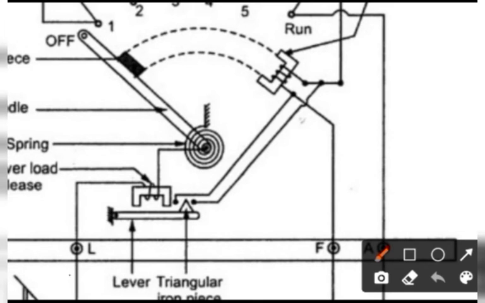When a fault occurs, the magnitude of current is high. This high magnitude current flows through the overload release coil, and due to this the plunger or lever is attracted in the upward direction, and this triangular iron piece touches these 2 points. Then what will happen? A short circuit will be there, and due to the short circuit,